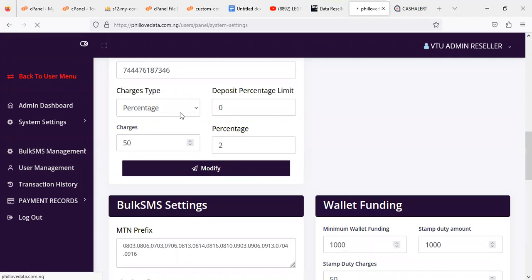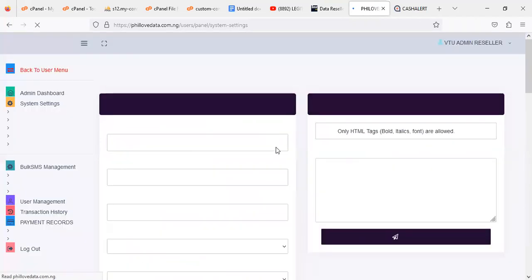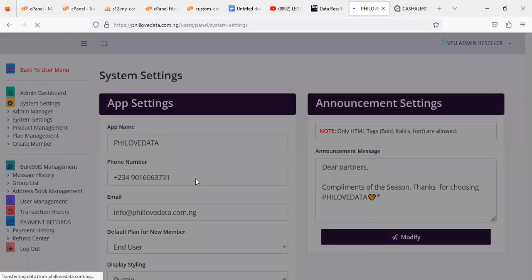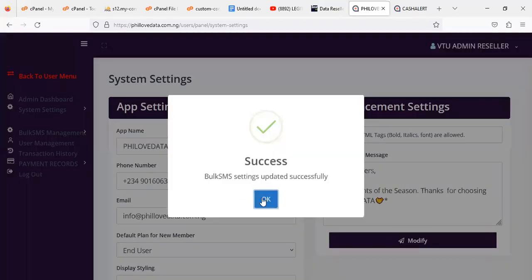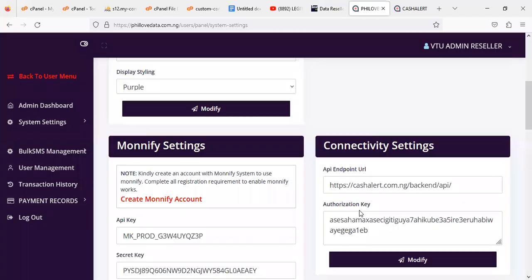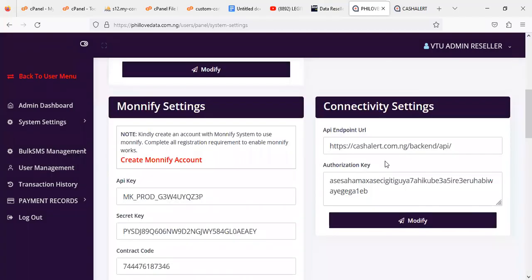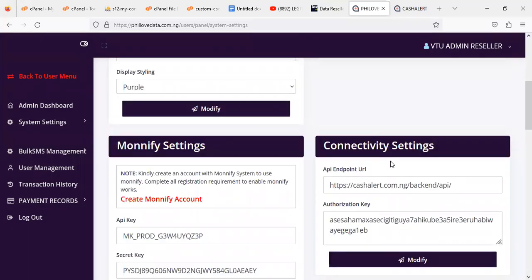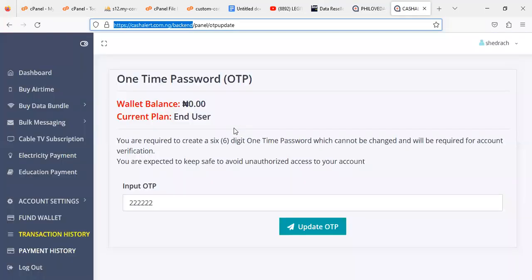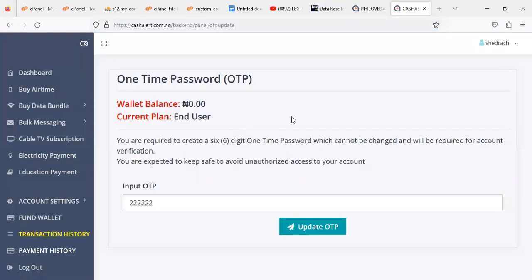So create a modify account if you don't have one, then come to the admin setting as I'm showing you to update your admin system. The next thing is the connectivity, which has to do with your API. What you need to do is to quickly go to cashalert.com.ng/backend and create an account, a free account. You can see it right away. So create a free account, update your account, and then once you create your account on cashalert.com.ng,